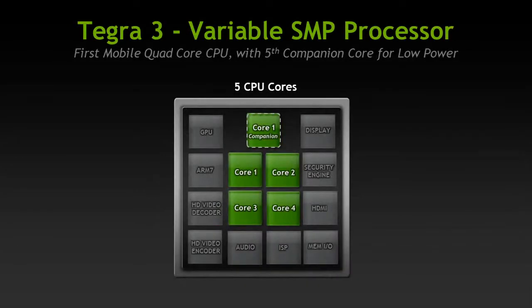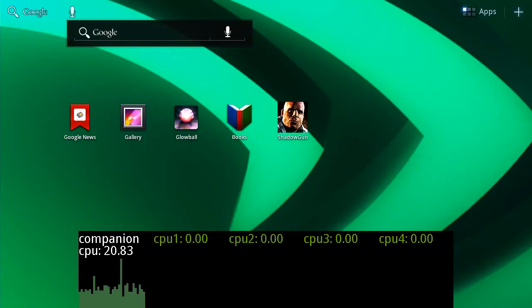Hi all, I would like to show you a unique feature of Tegra 3, our new quad-core mobile processor. The processor actually has 5 CPU cores. The 5th CPU core is used for low power tasks and helps extend battery life. Now let's walk through a few scenarios and I can show you how the 5th core works in coordination with